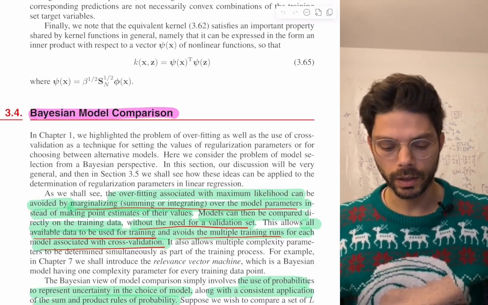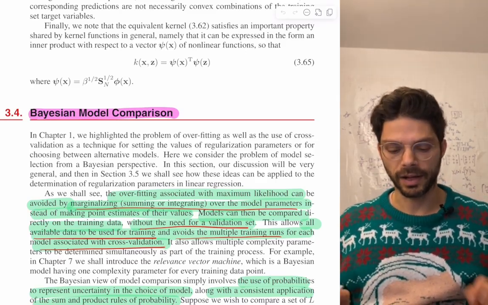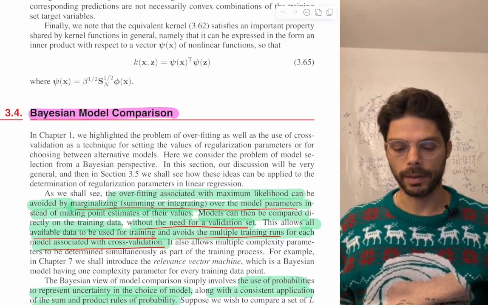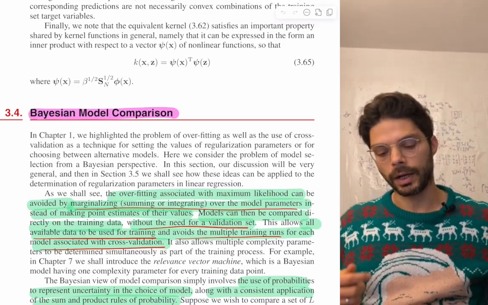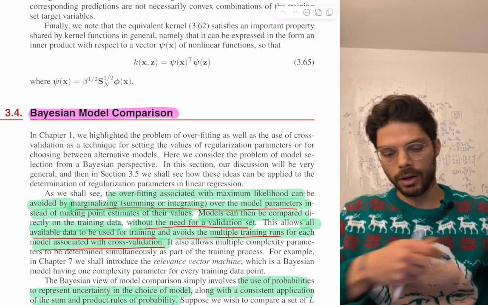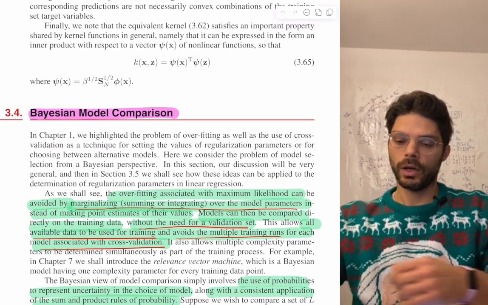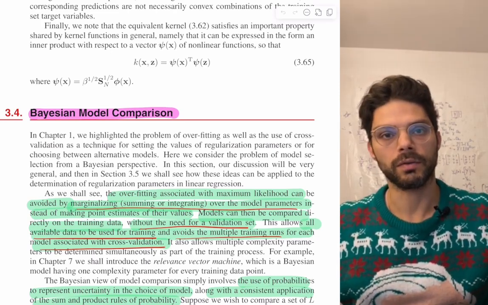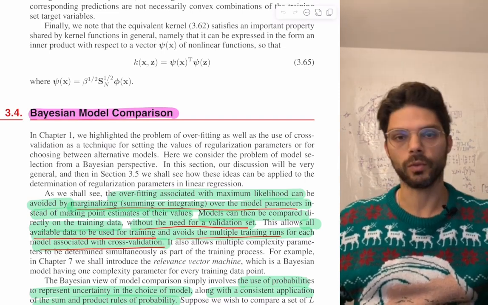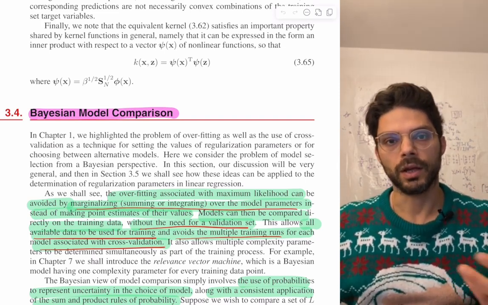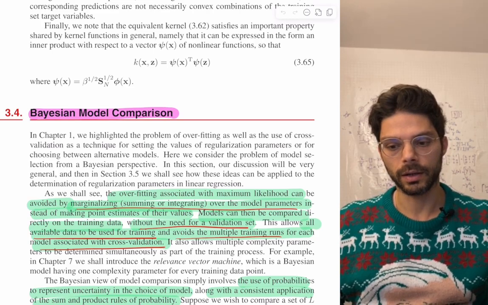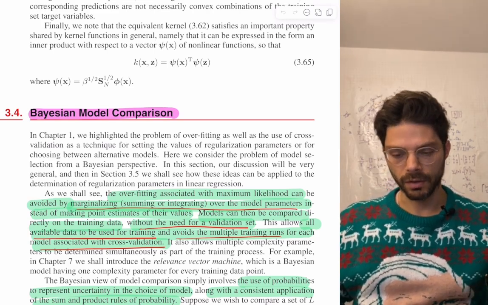Okay, everyone, we are back at section 3.4, talking about quite a broad topic actually, which is Bayesian model comparison. So how to choose between models of different complexity in the Bayesian way, and we'll see that it's kind of taken care of naturally for us. And the usefulness of this is